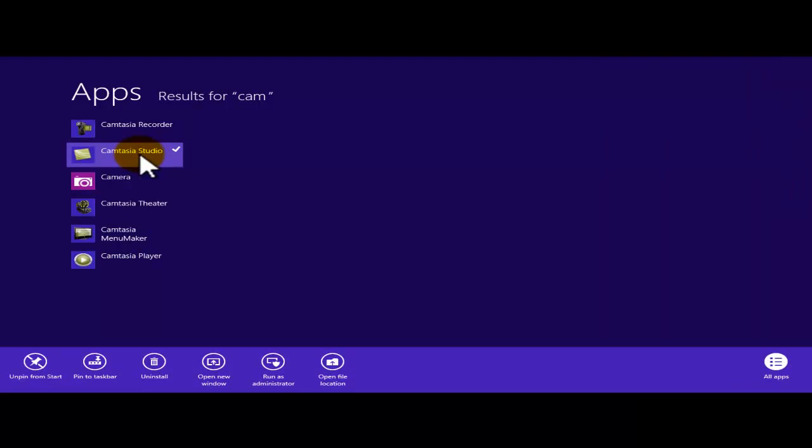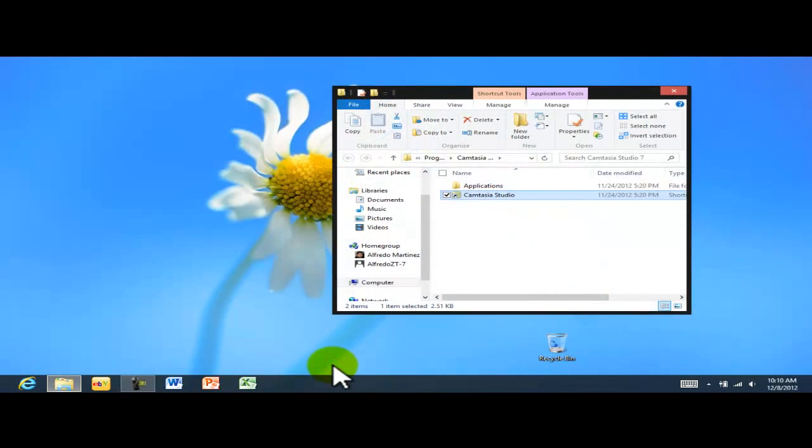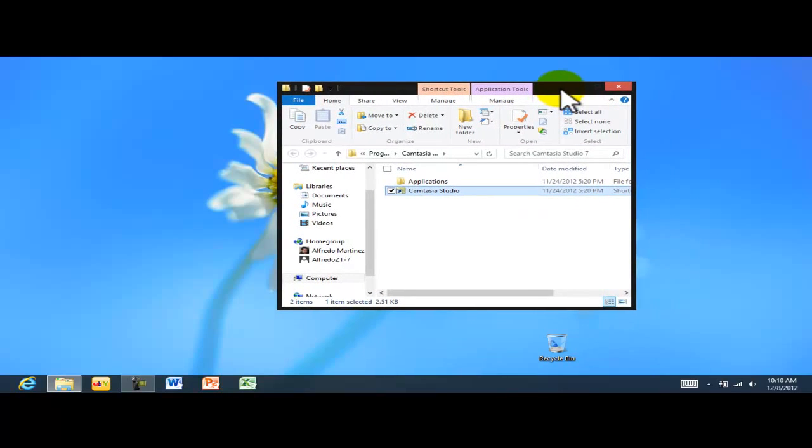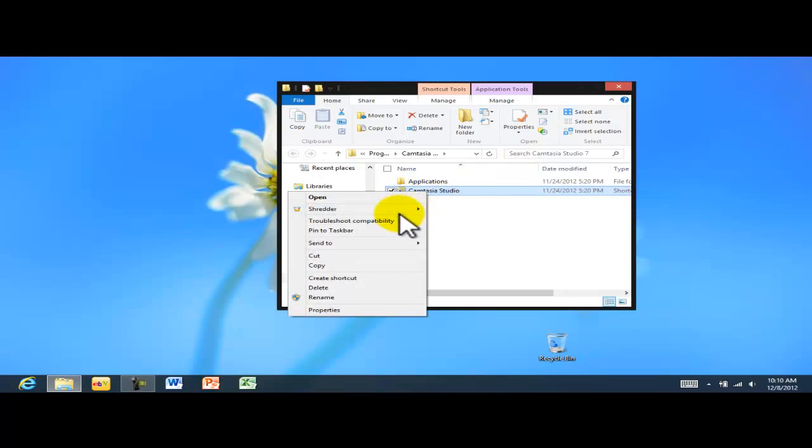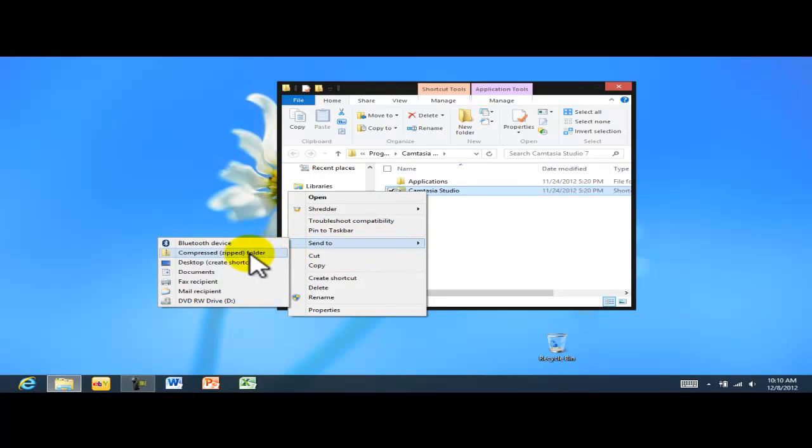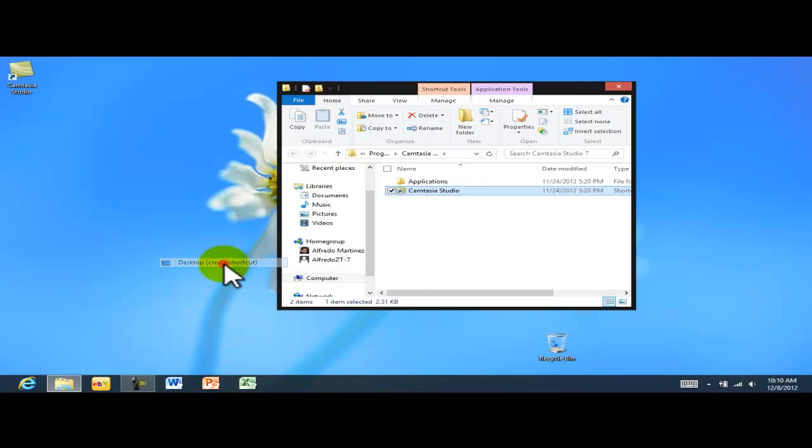Now if I right click, I have these options: unpin from start, pin to taskbar, uninstall, open new window, run as administrator, open file location. If I click on open file location, it opens my File Explorer, and from here, that's the location. I'm going to right click, go down to Send to, Desktop, create shortcut,